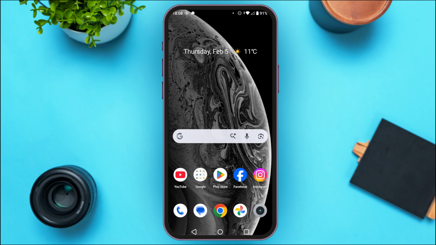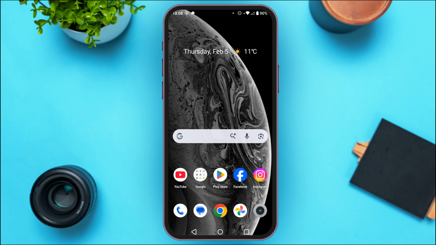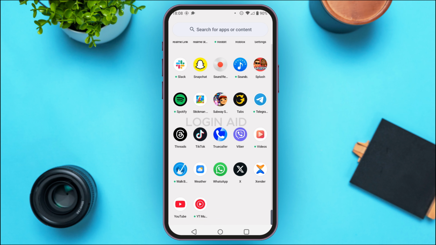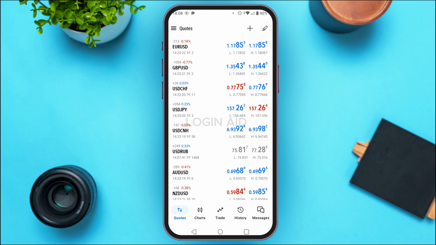In today's video, I'll teach you how to fix trading disabled in MetaTrader 5. So if trading is disabled in MetaTrader 5 for you, there might be various reasons behind it. Right now, I'm not facing that problem, but I'll tell you what to do. Whenever you're trying to trade on MetaTrader 5, if it is displaying trading disabled, there might be some problem with